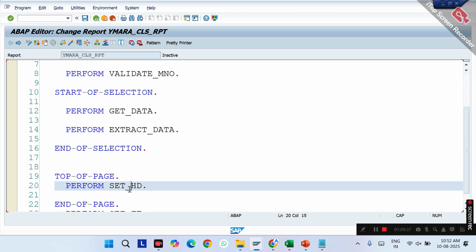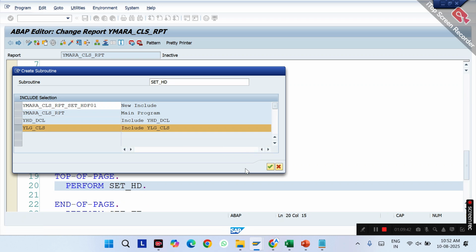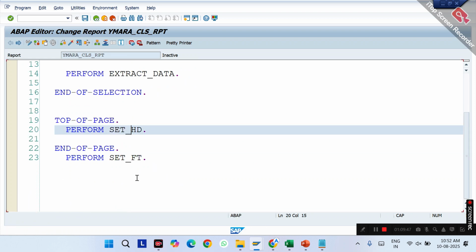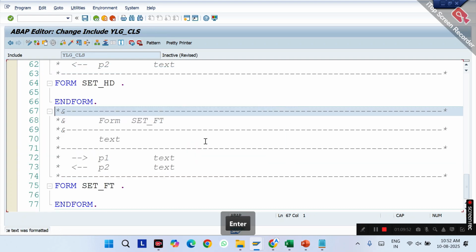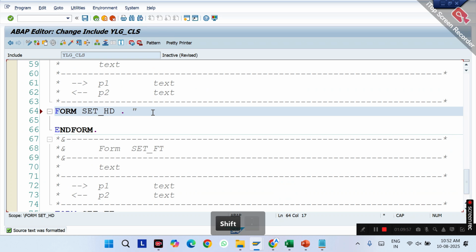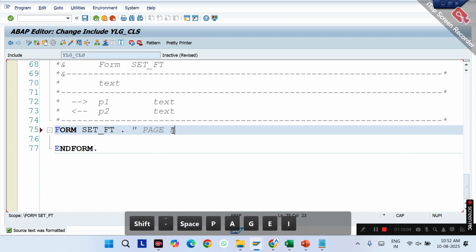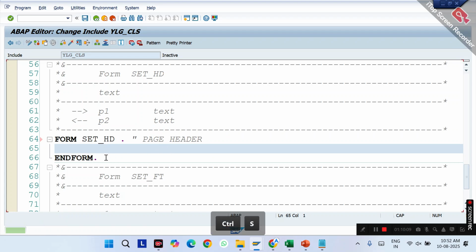Next is set header data, in the footer section and header section. We are creating just subroutines, header and footer. Okay, this is header, page header, and this is for the page footer side. On the page header side, what I want to do is create columns, right,